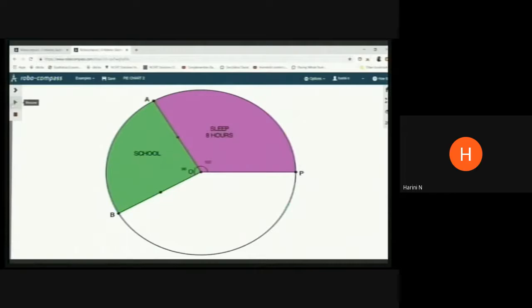Moving on, the next step, we have the homework which runs for 4 hours. So 4 by 24 into 360, we have got that angle as 60 degrees, which you are marking. So my next radius will come now. Already I have OB. Now the next one I will draw. Again, the point of intersection there will be your point, which has to be located there as C. So mark the angle between OB and OC that you have drawn as 60 degrees.